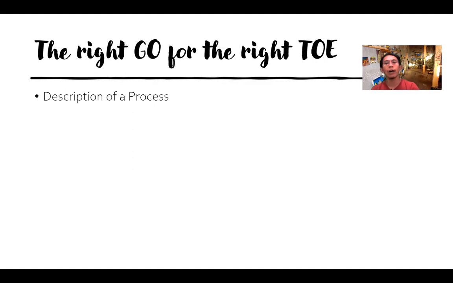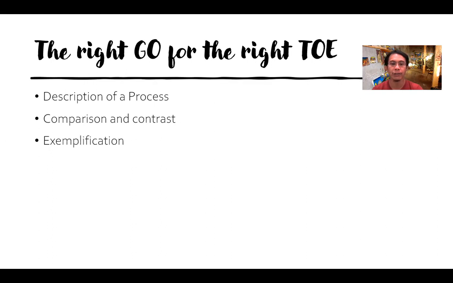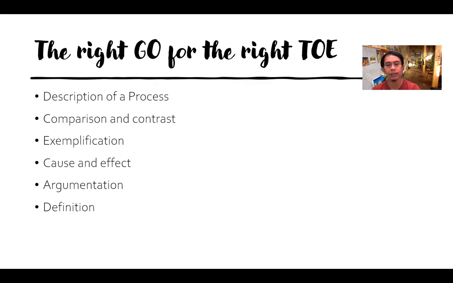First, the definition of a process and description of a process, sorry. And we also had comparison and contrast, exemplification. This is the most common essay we have found so far. There's also cause and effect, argumentation, which we haven't done much, and definition. Last one, we also have summary, but we haven't done a significant work on summary. So these are the types of essay, and each type of essay has its own graphic organizers. And I already showed you last week what graphic organizers you can use for certain types of essay.